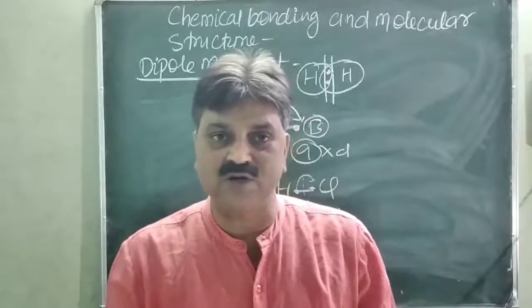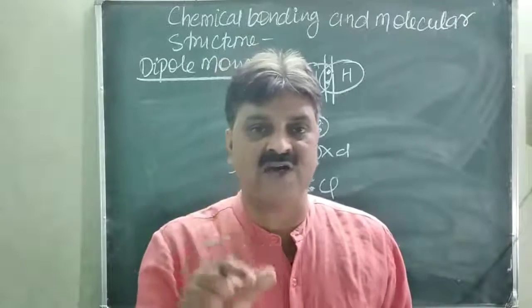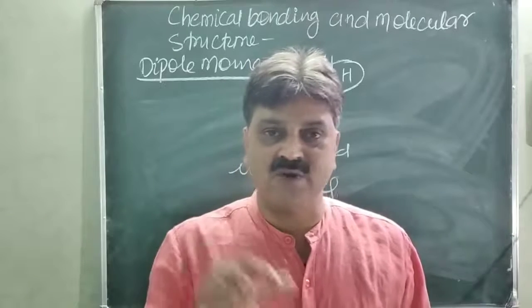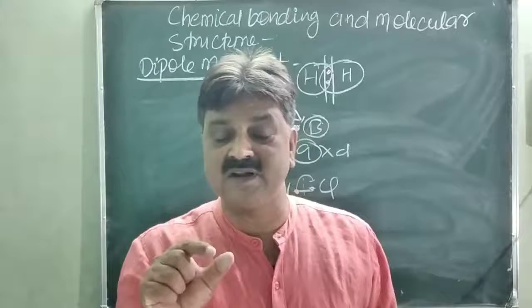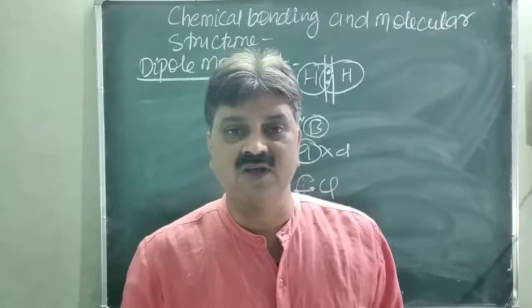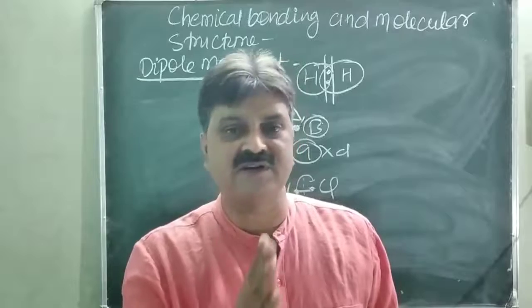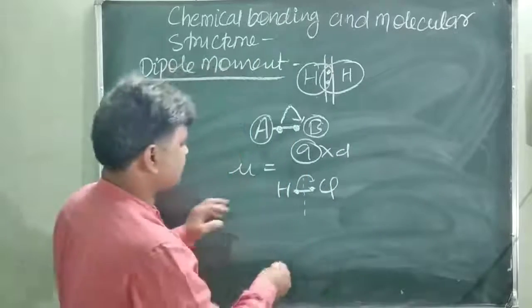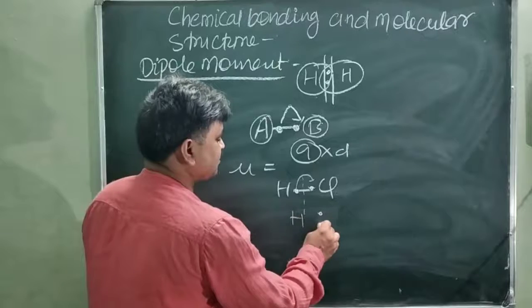Having the same electronegativity, the shared electron is always present in between the nuclei of the two atoms. However, when atoms of different electronegativity are bonded in a covalent compound, the shared electron will never be present in between both the nuclei. The shared electron is always, just like in the case of HCl, present in this way.